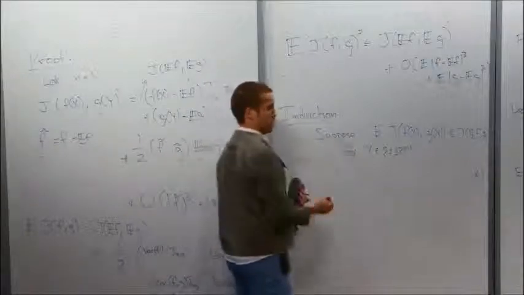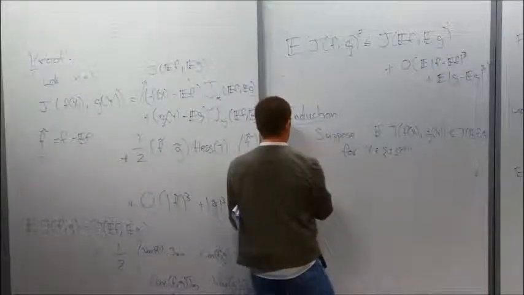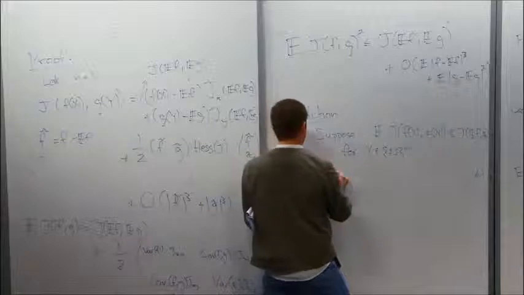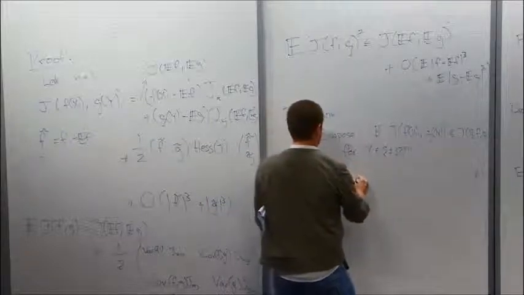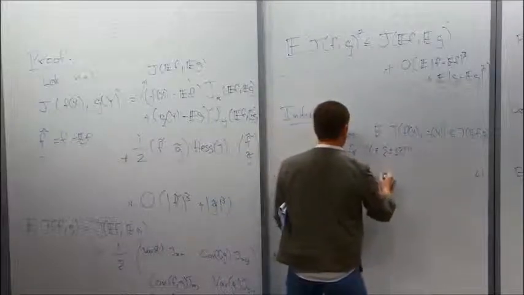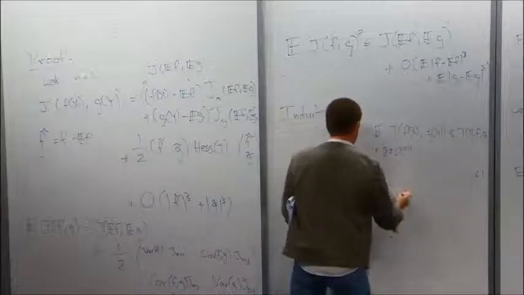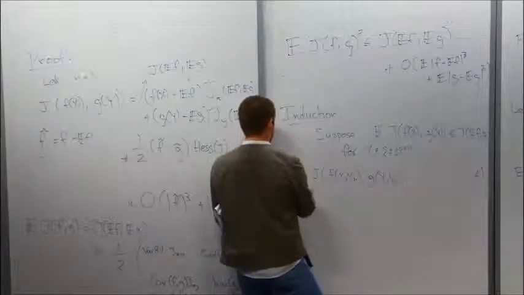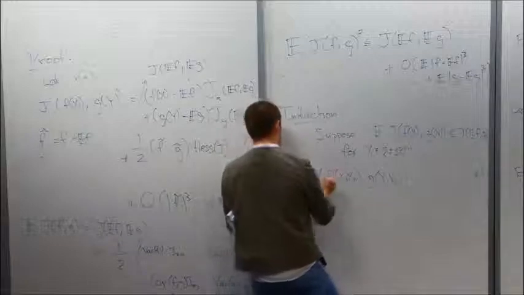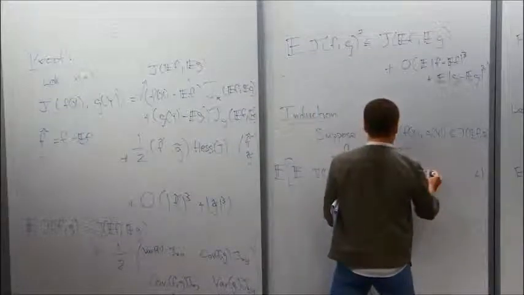Okay, and now I'm going to do it for n variables. So expectation of j, so now f is a function of x and xn, and g is a function of y and yn. And this expectation is the same as if I take the expectation of the conditional expectation,